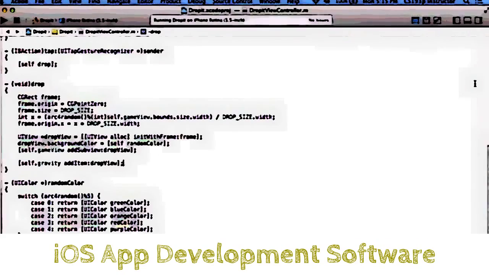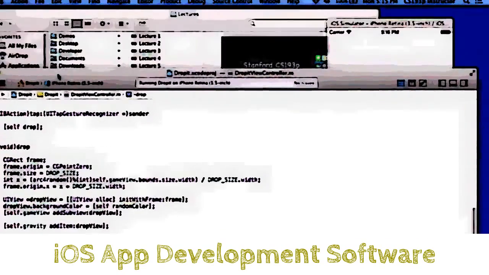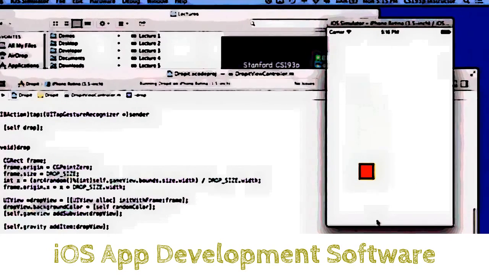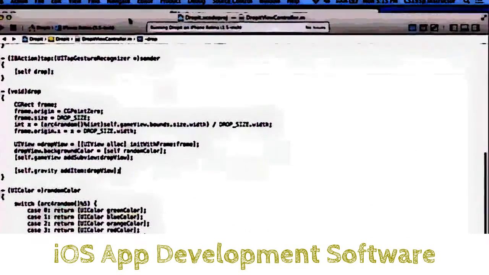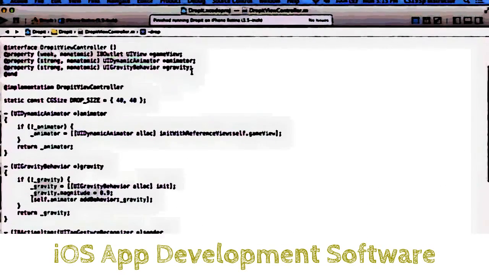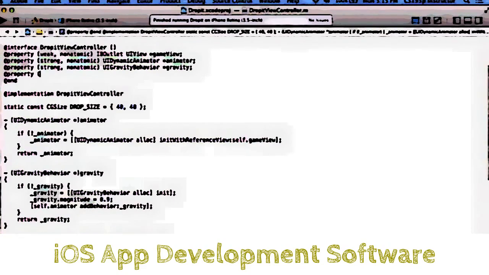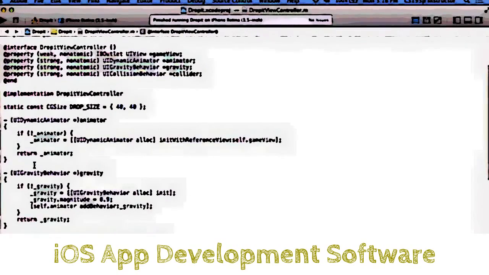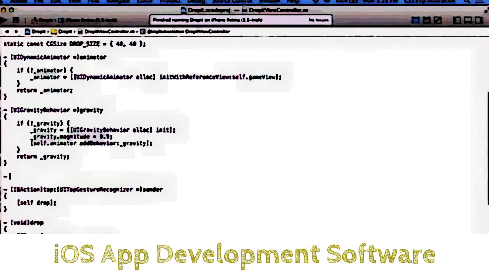Okay? And, sorry, but they're falling off the bottom. Okay? So that's not so good. I want them to stop at the bottom. So to do that, I just need a collision behavior. Very easy. Just go up here. Property, strong, non-atomic, UI collision behavior, collider, I'm going to call it. And my collider,